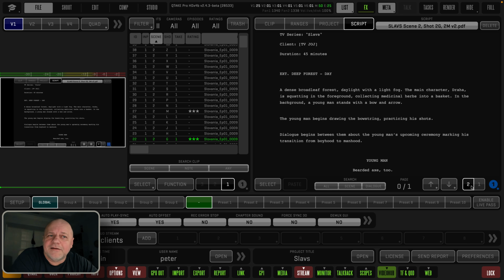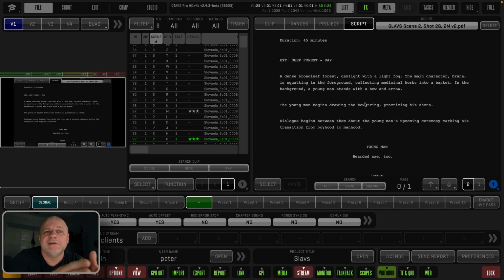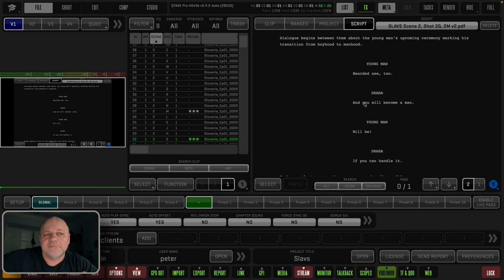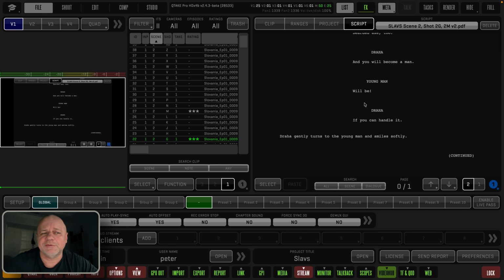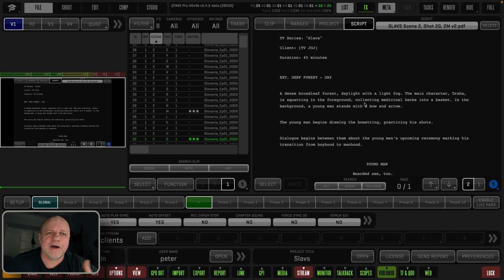You can push the contents of the script view to the QTAKE view, and in turn that will be output to GPU out or video out or whatever, right? So instead of taking the paper script,